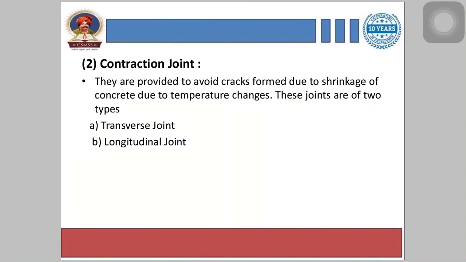These transverse joints prevent the transverse cracks due to the contraction of concrete, and the joint is filled with asphaltic joint filler. The second one, longitudinal joints, are provided parallel to the axis of the dam, and they are provided to prevent the longitudinal cracks. Water stops are also provided in both types of joints to prevent the leakage of water.